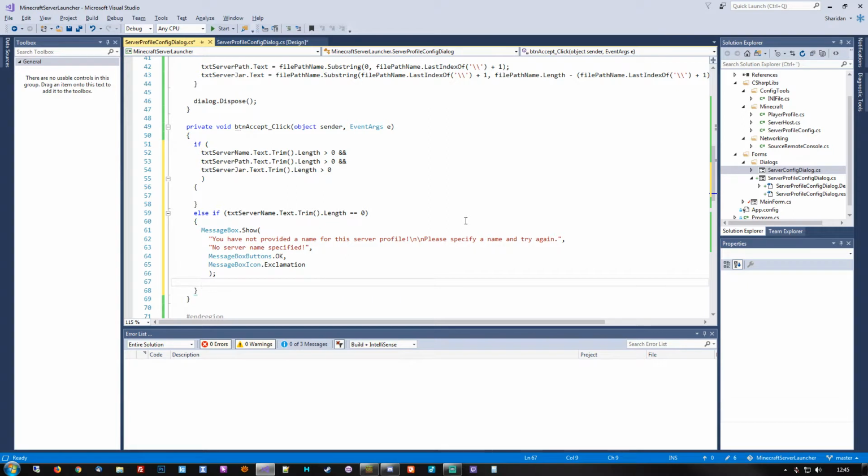And just to help the user along so he or she doesn't have to move the mouse too